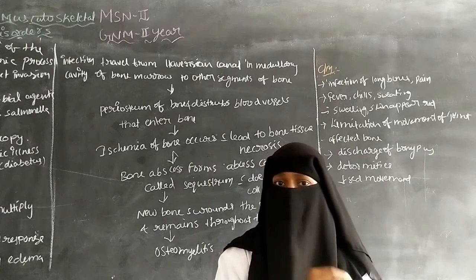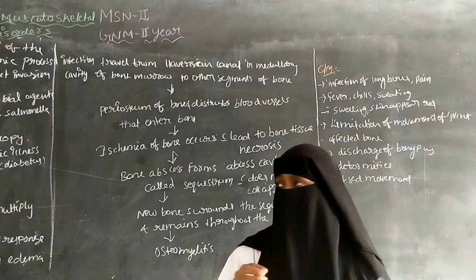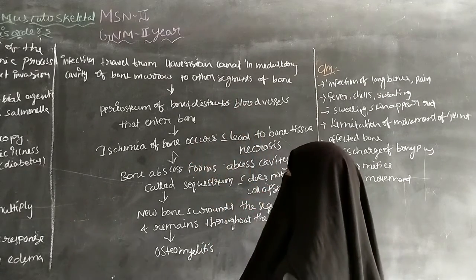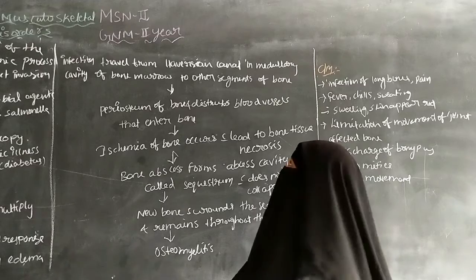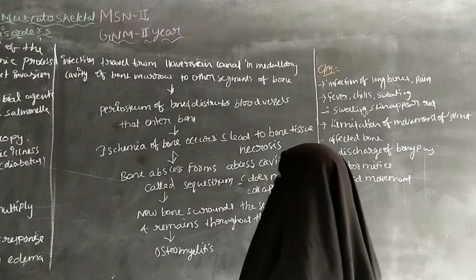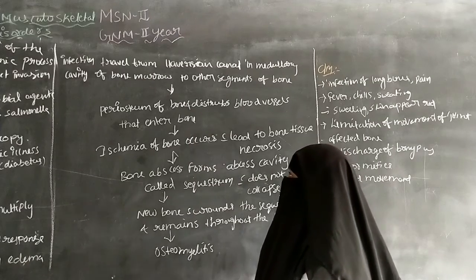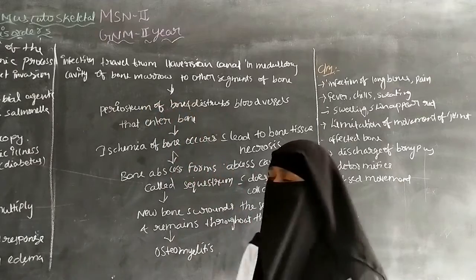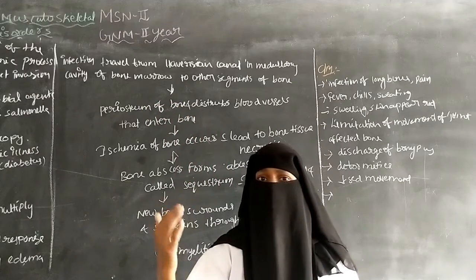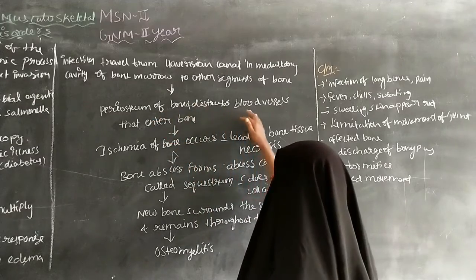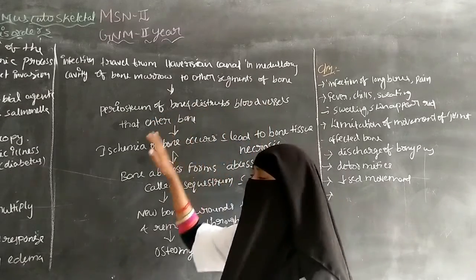By this, the blood vessels and the nerves can be passed. The infection can be spread to the other segments of the bone, and next it leads to the periosteum of the bone and disrupts the blood vessels that enter the bone. Because of this infection, the periosteum, the outer layer of the bone, can be disturbed, and it disrupts the blood vessels that enter the bone.